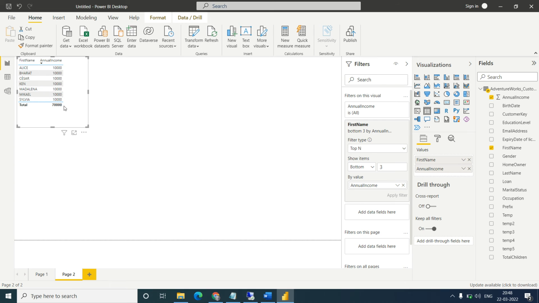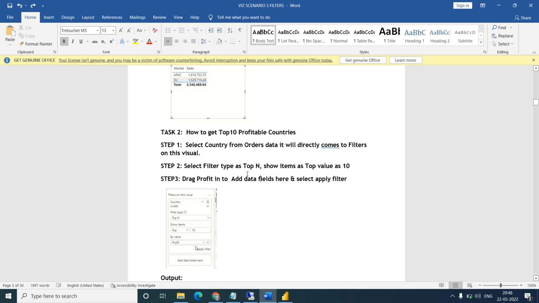Because they are not able to find out which one is the lowest. All salaries are the same for the lowest, so it will take all of the salaries which are similar. So this is how we do filtering with top N and bottom N analysis.